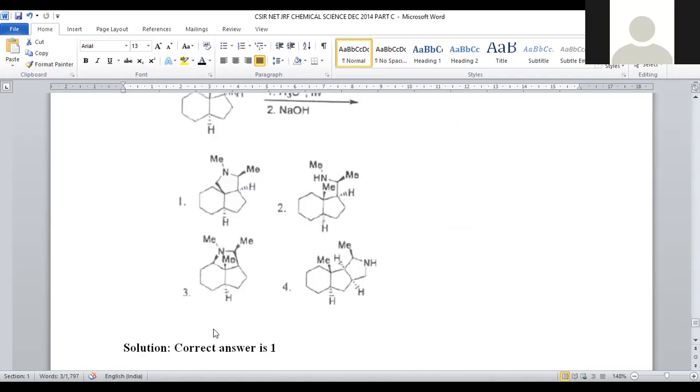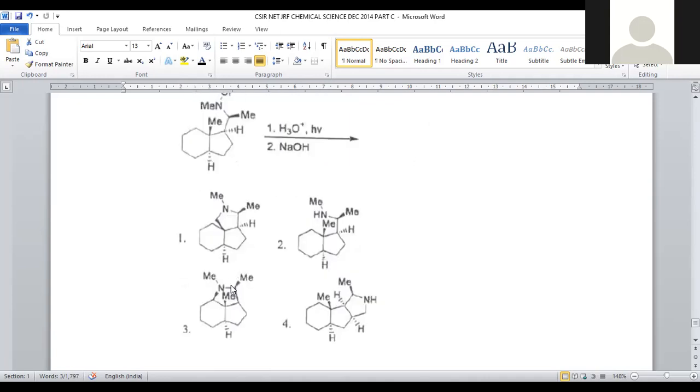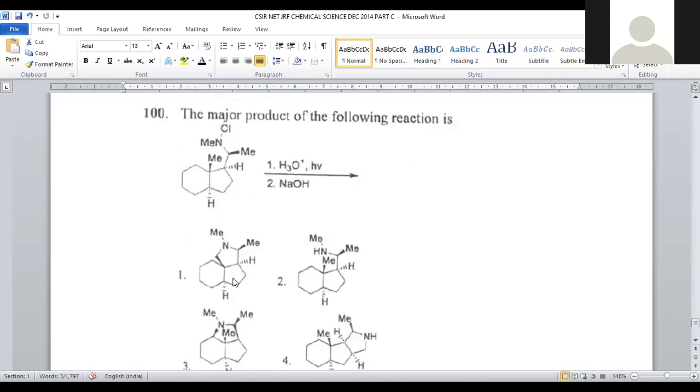The tricyclic ring system is available only in option number 1, right? So for the remaining, an open chain molecule may not be possible. Here it is a system with attachment to the secondary carbon, this will not be stable. And here, attachment to the secondary carbon, again, this will not be stable. Only primary carbon can be involved in the carbene ion intermediate formation. That is given in option number 1. For question number 100, option number 1 will be the correct answer.